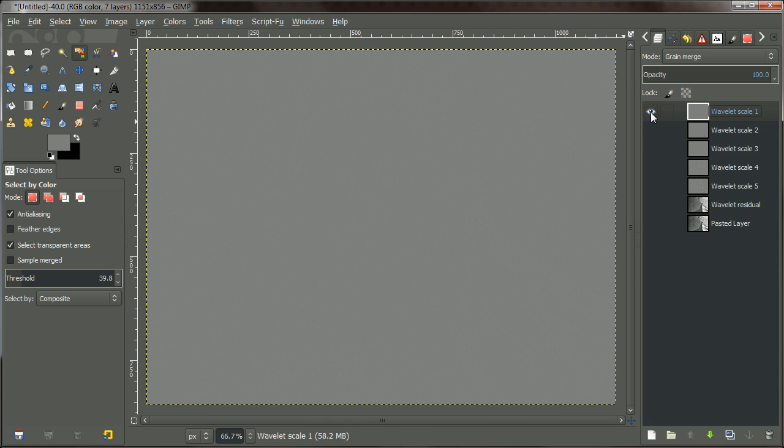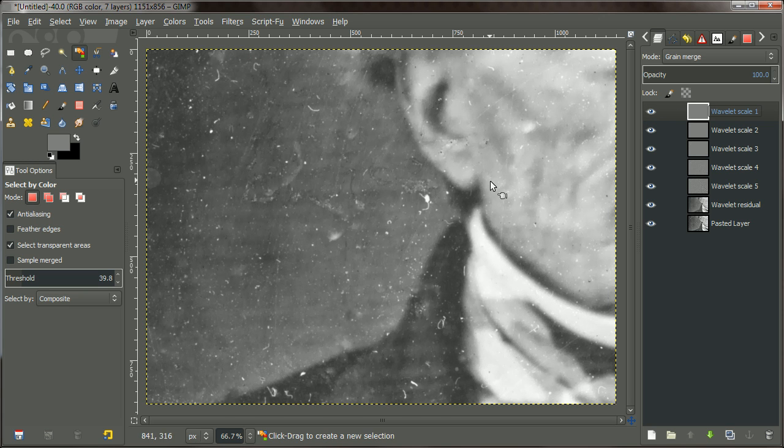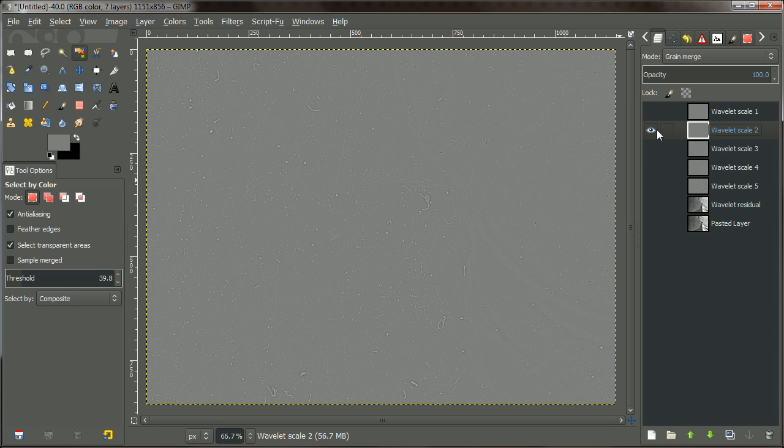Now, the problem is, if I Shift-click the already visible eye icon for this layer, it'll reactivate all the layers at once, and the difference is going to be very subtle, at least at these detail scales. But I basically want to do that exact same process again, just on wavelet scale 2. Right? So to demonstrate, I'm just going to turn off all the other layers. I'm going to Shift-click this eye icon, duplicate layer 2, and again,